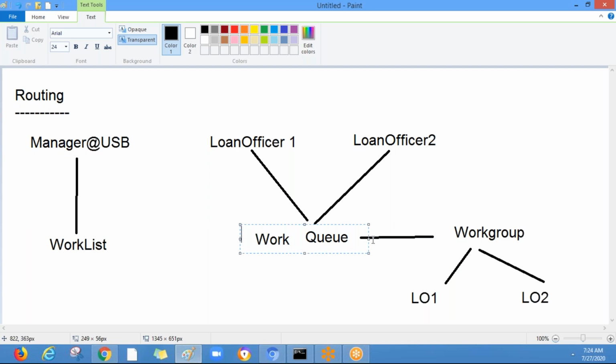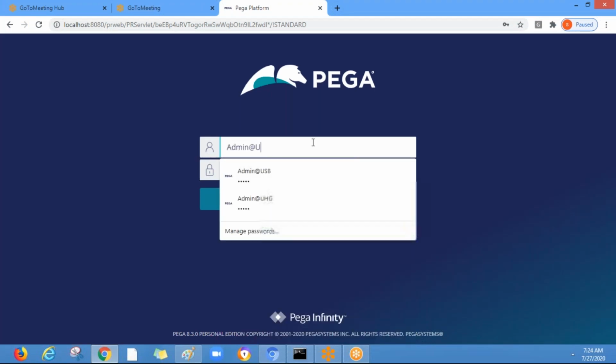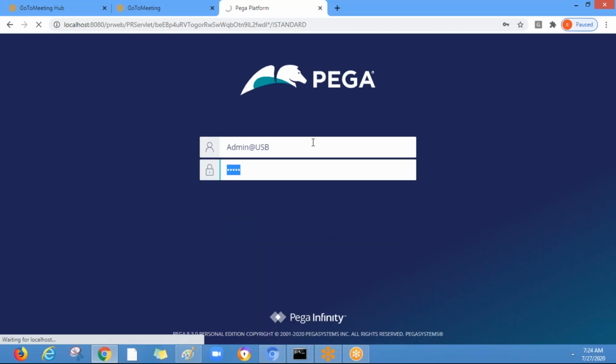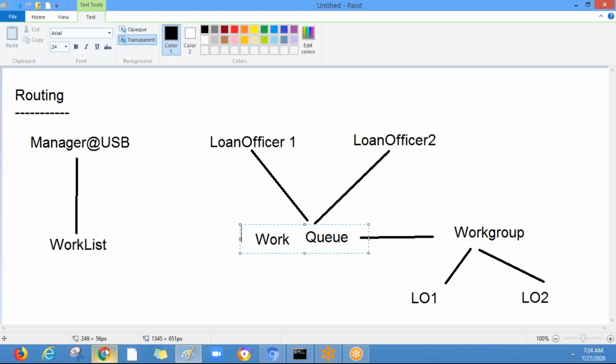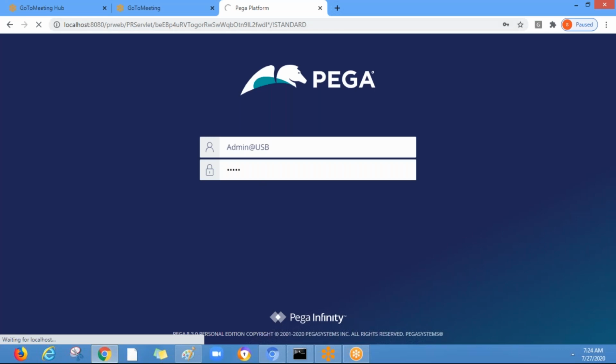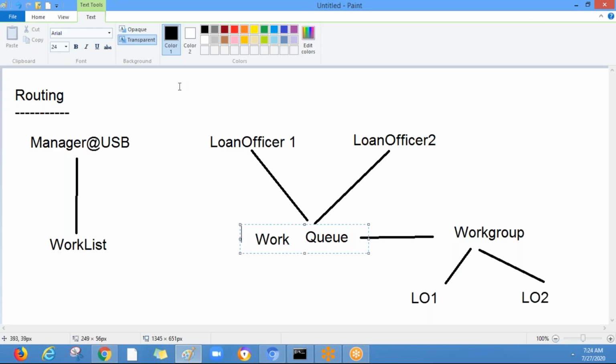Let me log in to the application. In the approval process, we have two assignments, the manager and loan officer.